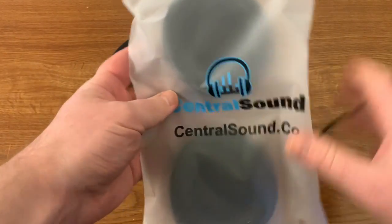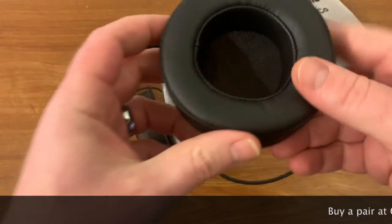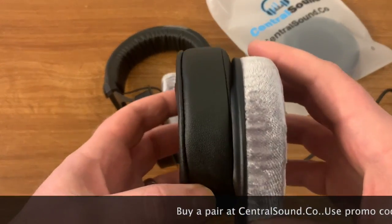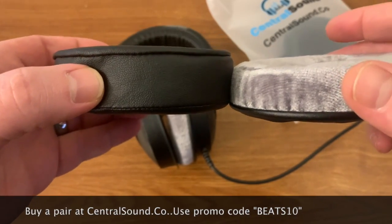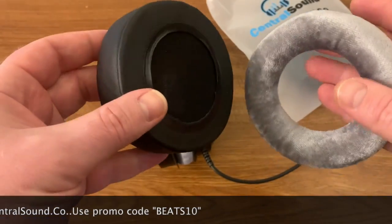And here we have our CentralSound upgraded replacement ear pads. So these are a protein leather type of material. It's easier to clean, and they are a bit bigger, and it does have a surface memory foam layer for comfort. As you can see, they're slightly larger than the original ones,